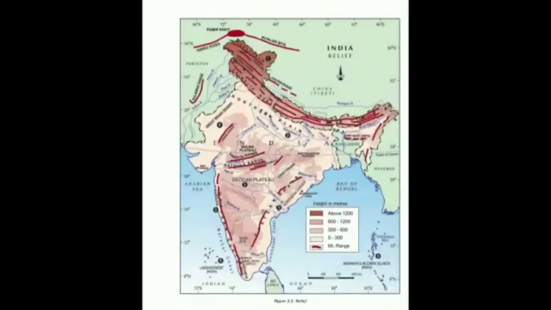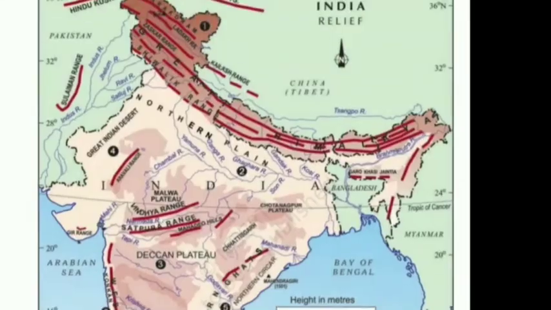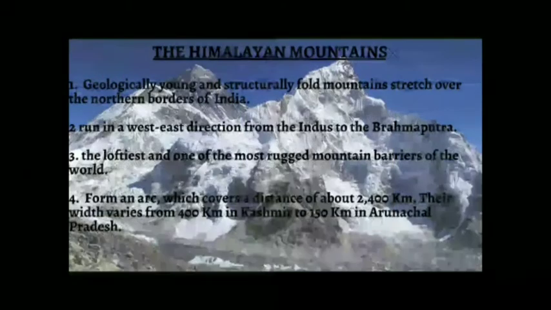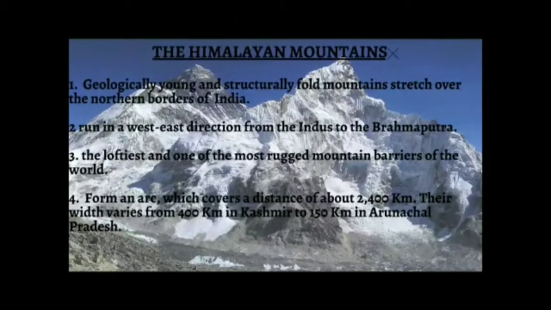Now if you see this map of India, you can see here the Himalayan mountains, the whole northern part and northeastern part. The brown color whatever we see in the northern part of India is covered by Himalayan mountains. So these lines that you are seeing here are Himalayan mountains. We are going to see now the Himalayan ranges. The Himalayan mountains are very big. The whole of north and northeast is covered by Himalayan mountains. It is very difficult to study them together as a whole, so we are going to study them in sections or layers. But let us see what the Himalayan mountains are together first.